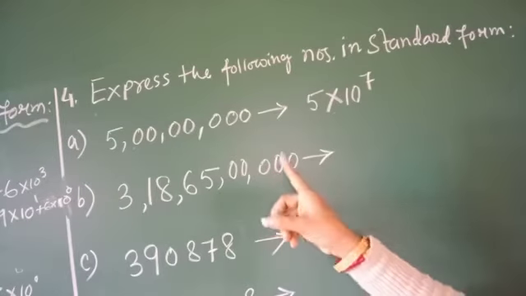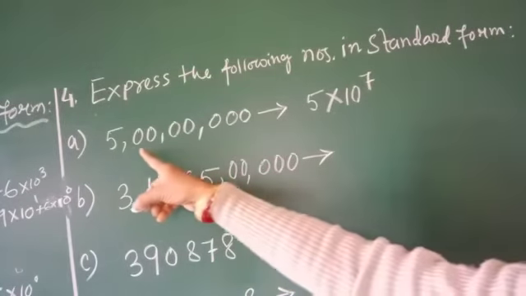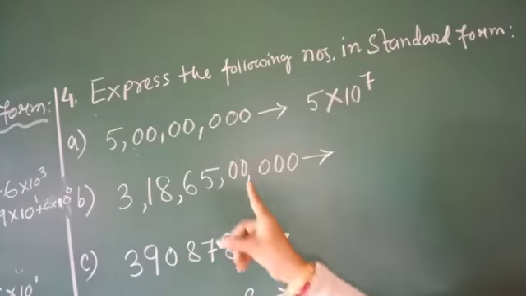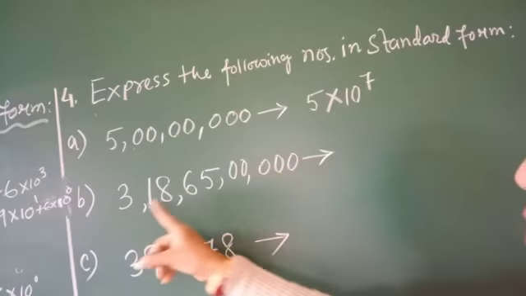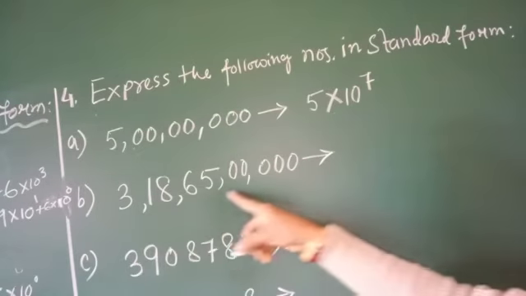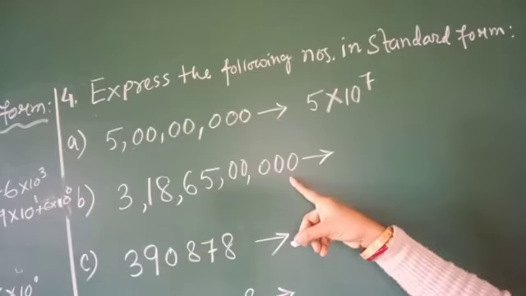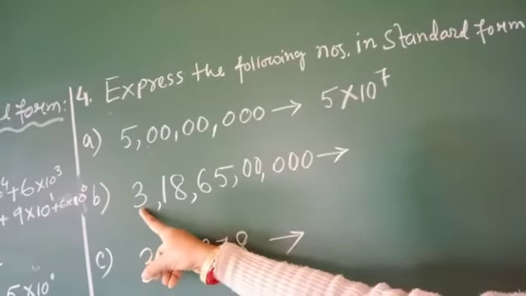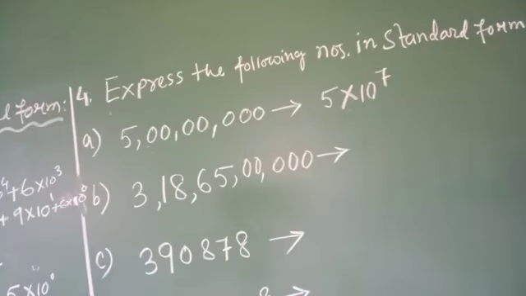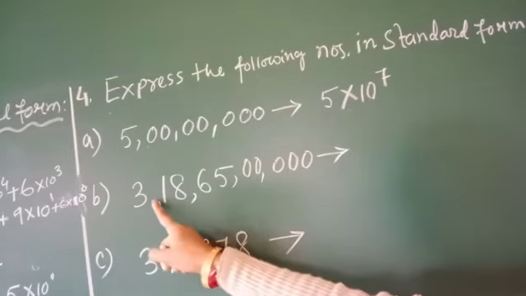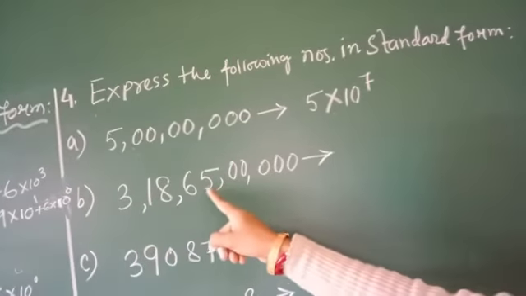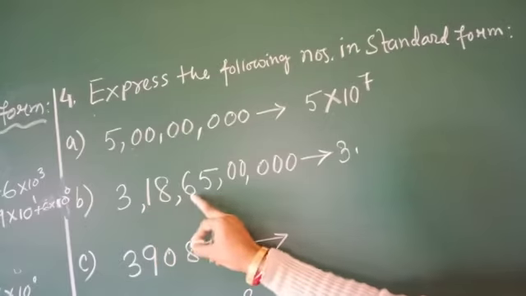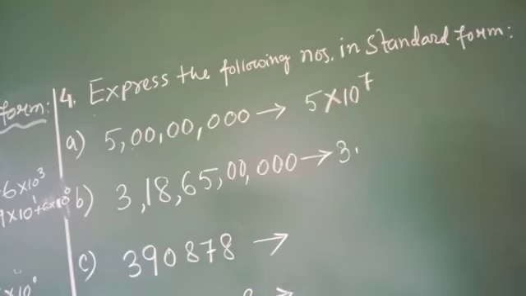Here also, see how I can write the number in standard form. In the previous number all were zeros, so you may think that only in that case I can write it this way. No, here also you can write. Where is the point? This is the complete number I have seen. When I write in standard form, I can use only one whole number in front. It is the standard way of writing. So 3 point something, whatever the numbers are, I will write. After the point, how many places are there? 1, 2, 3, 4, 5, 6, 7, 8, 9.